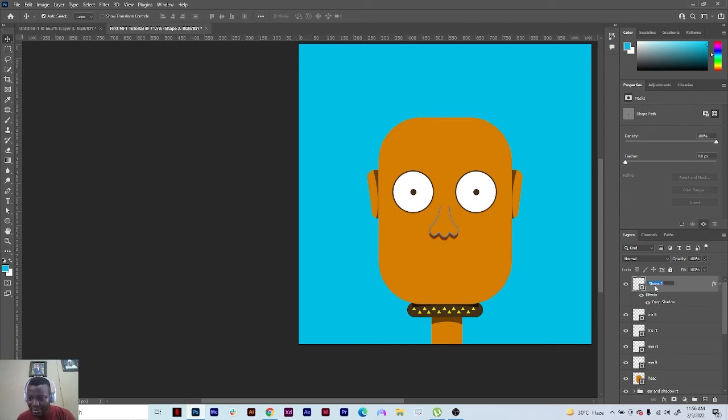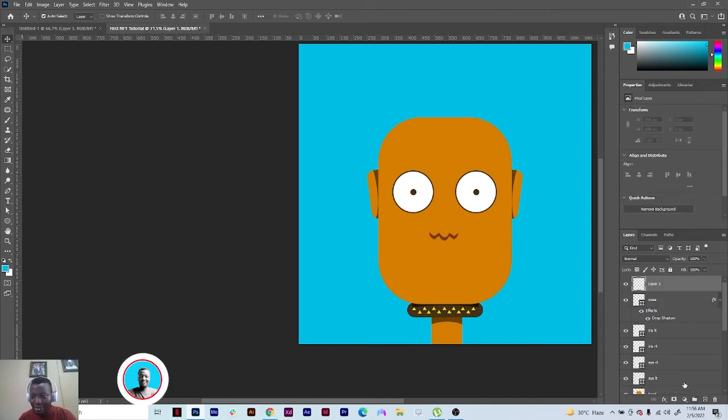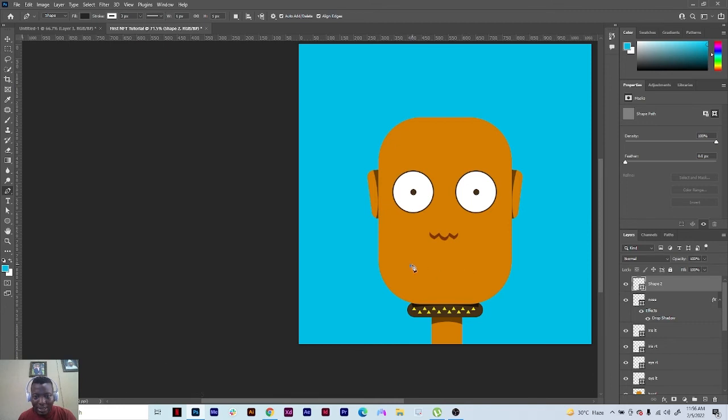I cannot name this. Sorry about that. So, nose layer, then I'm going to select my pen tool. When I click on the first tag component, I create that. I'm going to hold shift and create the second anchor point, which creates